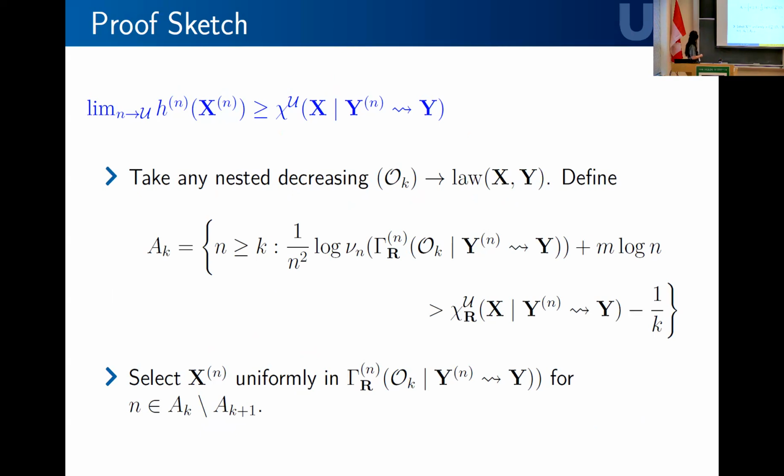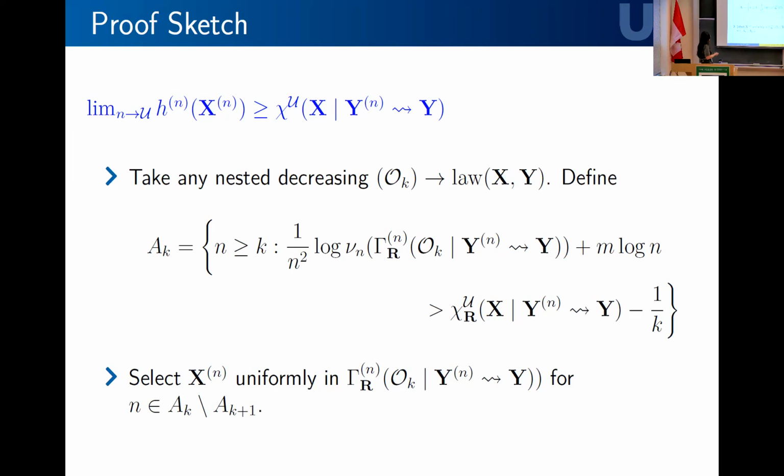They're sets of indices that satisfy that this quantity that appears in the definition of chi to the u is 1 over k close to chi to the u. So chi to the u is actually, I take the ultra limit of this thing, and then I take the infimum over neighborhoods. So this is possible, it's not empty. In fact, by the definition of the ultra limit, each of these sets AK is in my ultra filter U. So these are very large sets of indices.